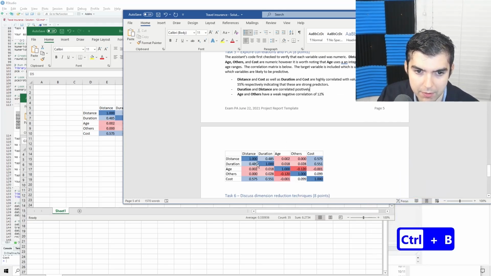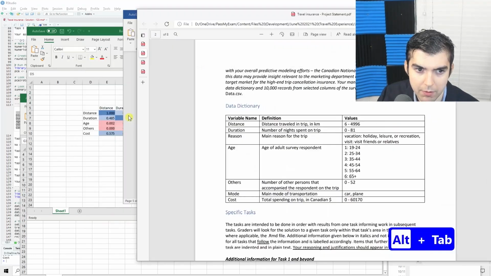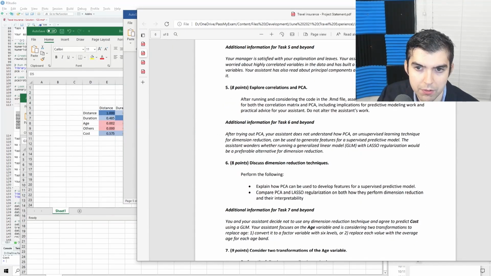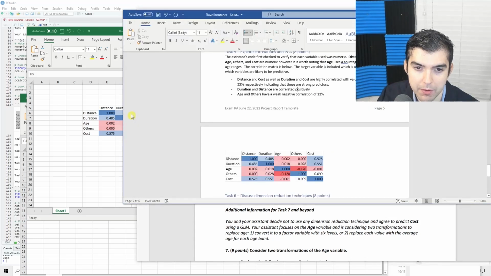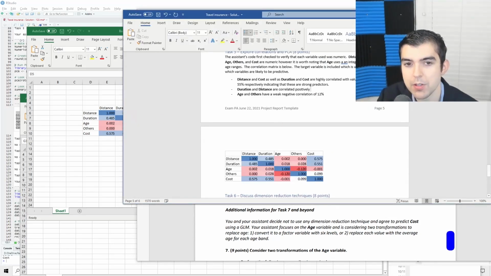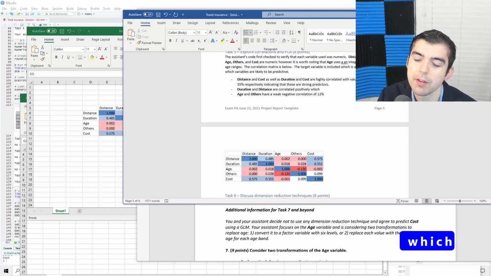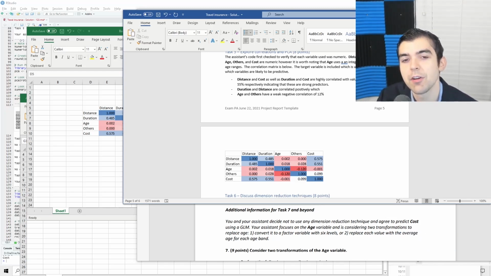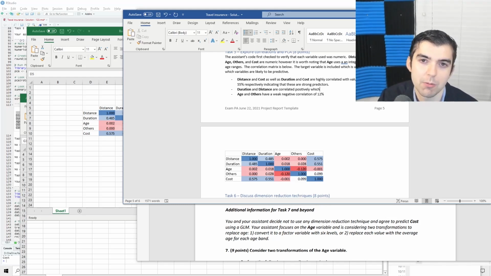And notice that, let's see what the answer says. Your assistant, moving to another topic, is worried about highly correlated variables in the data and has built a correlation matrix for the numeric variables. But why is the assistant worried? That can be a problem because if you use highly correlated variables in linear models, you result in a singular model matrix, which means that matrix doesn't have an inverse, and so the regression algorithm doesn't work.